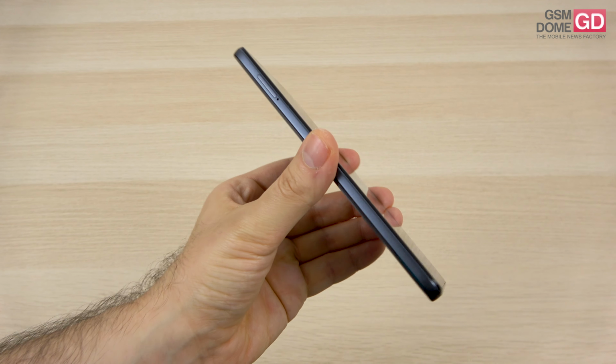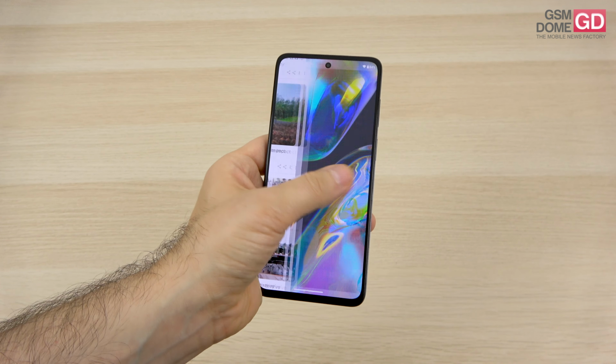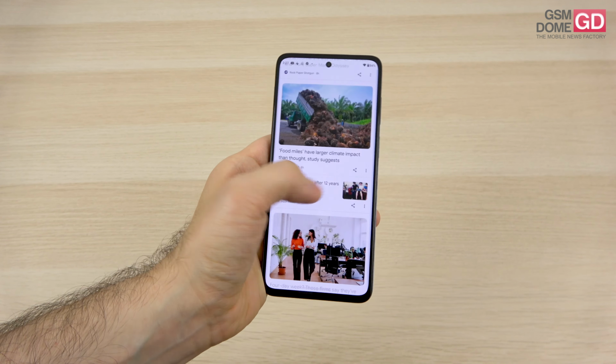It's also quite comfy to handle on account of the flat frame, and one-hand usage posed zero problems to me in the day-to-day use. Bonus, we have a water-repellent coating. Now, the screen which you are seeing here is an AMOLED, and as you know, Motorola is banking a lot on AMOLEDs, putting them on basically all of their Moto Gs. 6.6-inch AMOLED Full HD Plus, 120Hz for the gamers, and also with bezels which are pretty symmetrical and not very